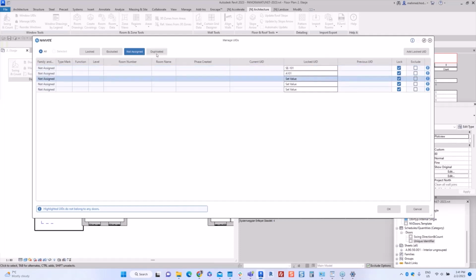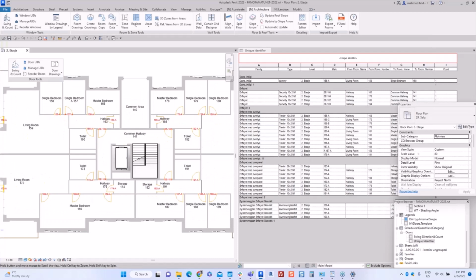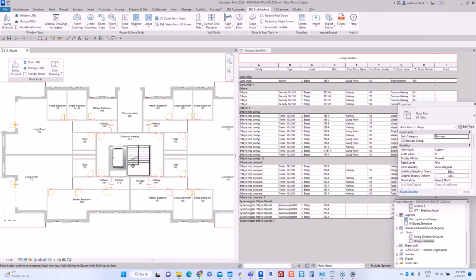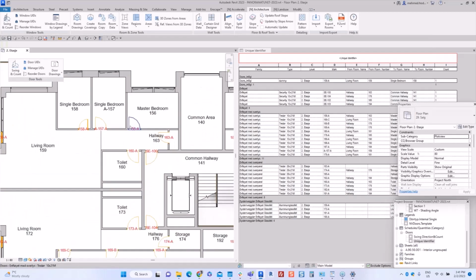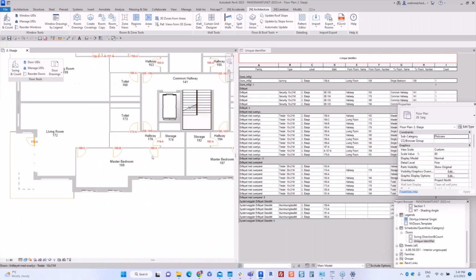And the last part is duplicated. So this is the part where we help you not to make mistakes. And we basically don't allow you to make mistakes. That's kind of the goal with that feature. So let's say, for example, here,